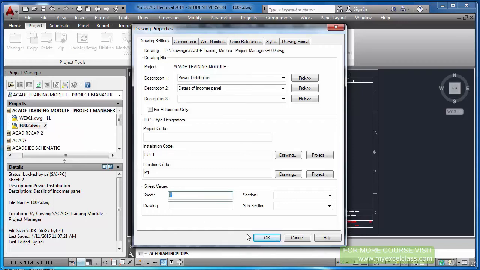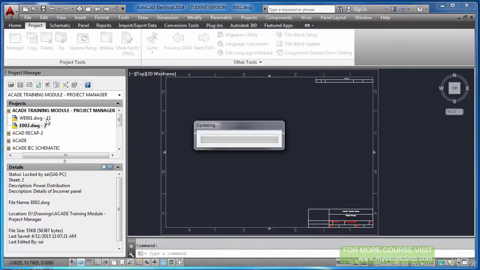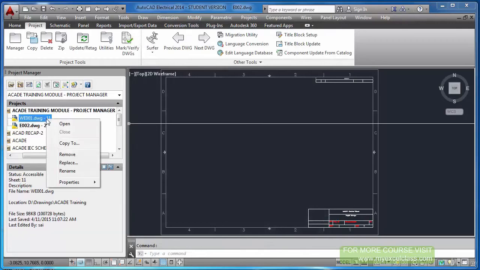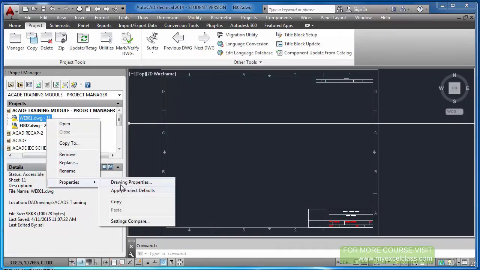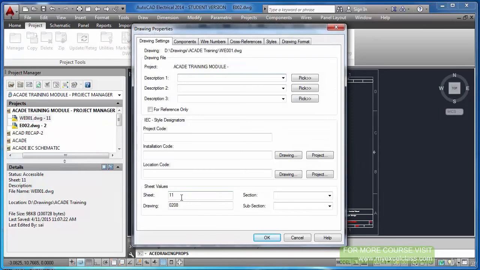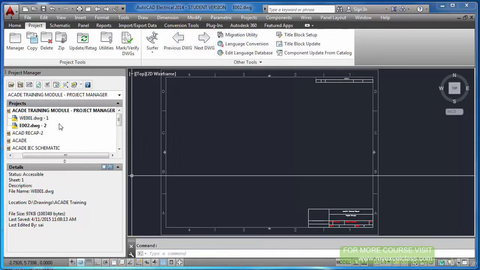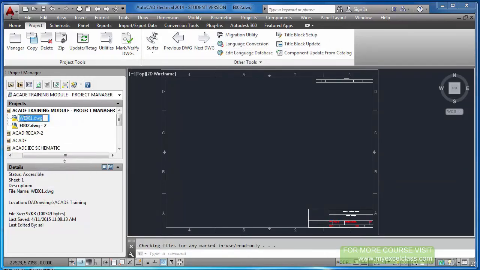And if you check this property, this is 11 and I want to make it 1. Now you see 1 and 2, and I want to just rename this as E001. Done.